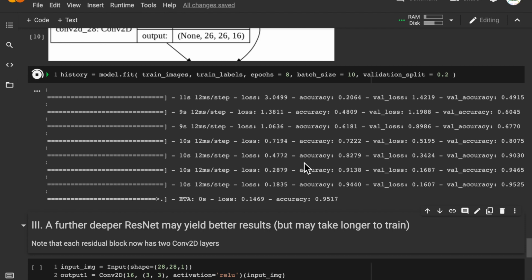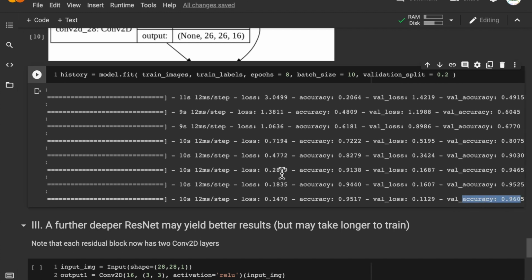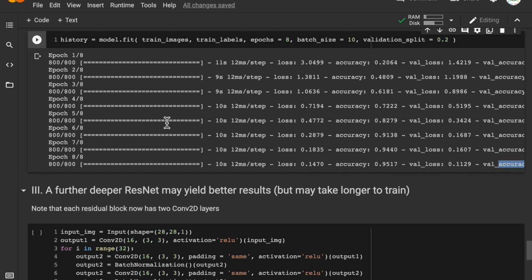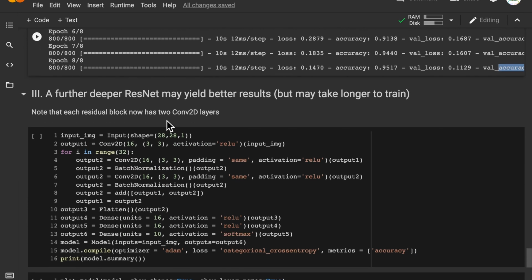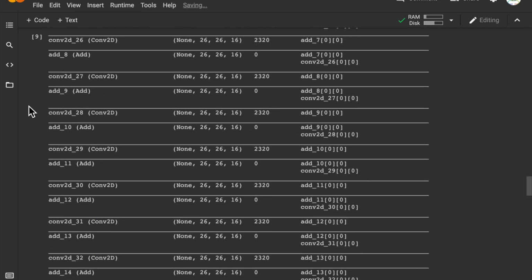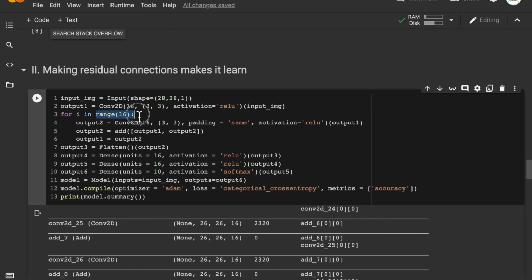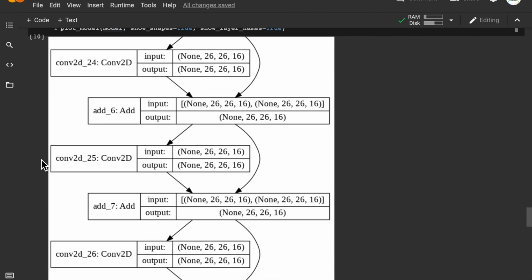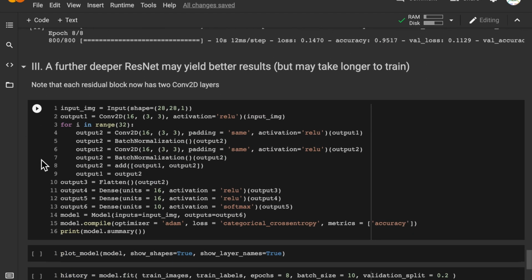So after the 8 epochs, we see that the accuracy in the validation set is 96%. So let's leave it there. The more we train, the accuracy is going to increase. With the residual connections, the good thing is we can train even deeper models. So earlier in this case, I think the model was 16 residual connections deep, 16 convolutional layers total. Now let's create a model with a little bit more realistic or practical,